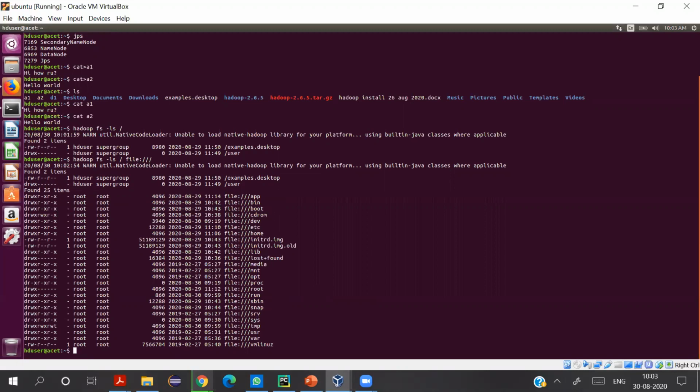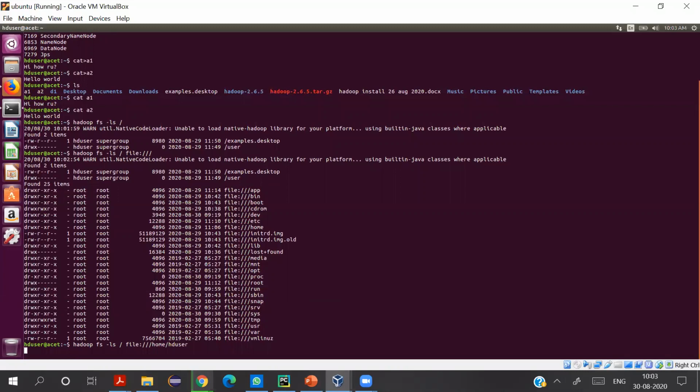Okay. Similarly, you can use this ls command like this. Now what you're saying is, list all the files in the root of the distributed file system and in my current home folder of the local file system. Let's see that this command will now display different files.